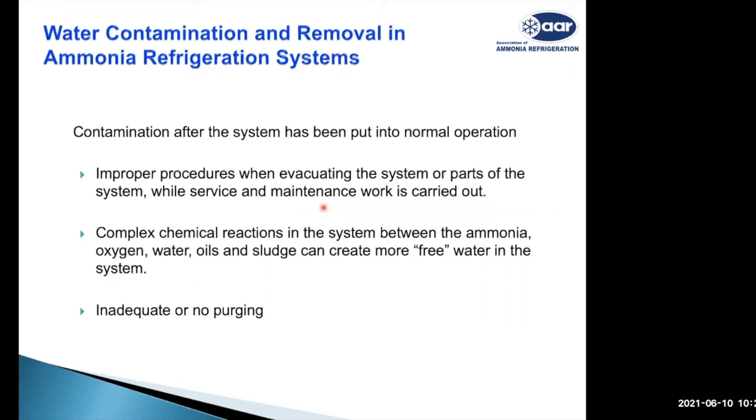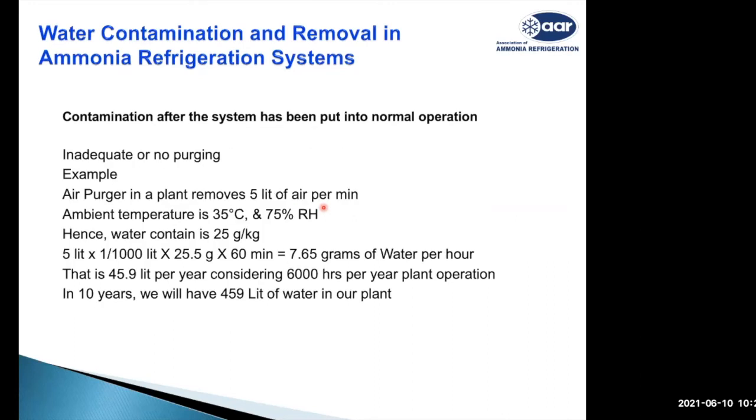One more is the failure of purging, or there is no purging. We will see more about it. What happens if there is no purging? Let's assume that we have a refrigeration plant with a purger, which is removing 5 liters of air per minute from the plant, and ambient temperature is typically a coastal condition of 35 degrees centigrade